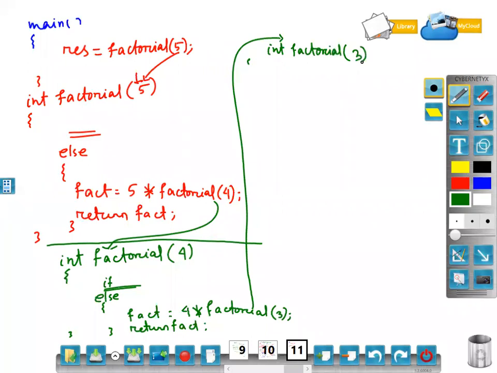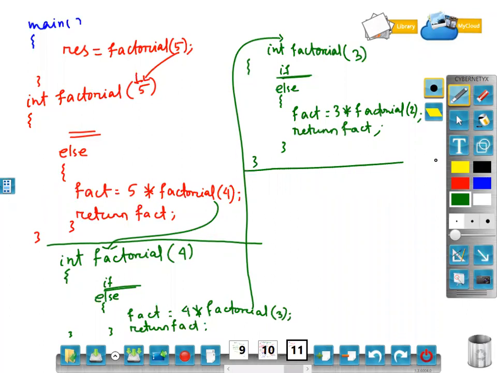Again, its if part is not going to be executed, its else part will execute. What is written? fact = 3 * factorial(2). Return fact. Understand it perfectly, okay? Over.